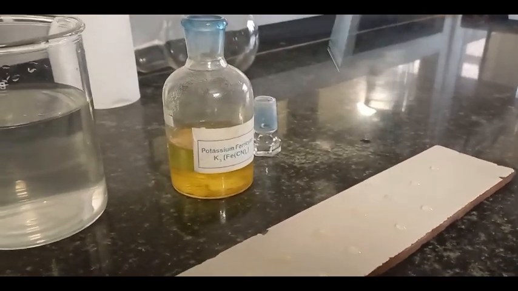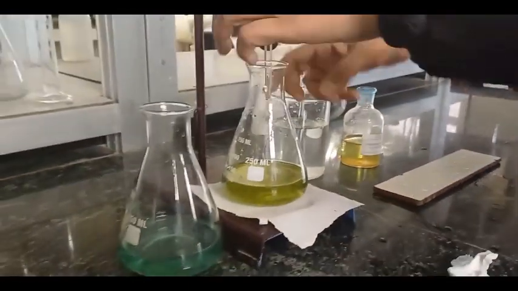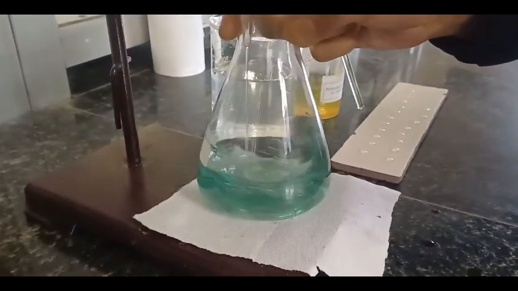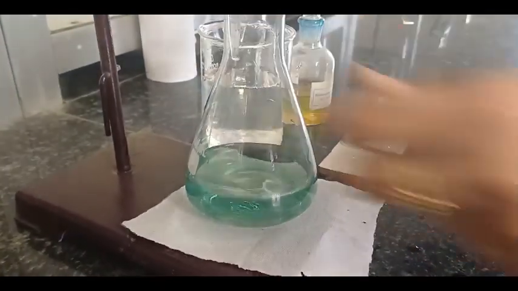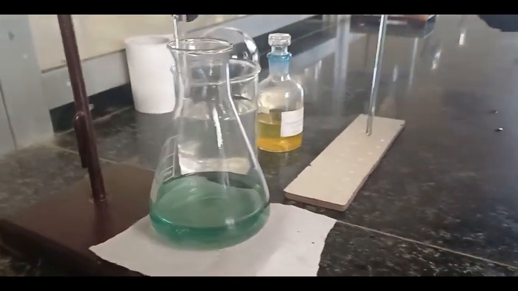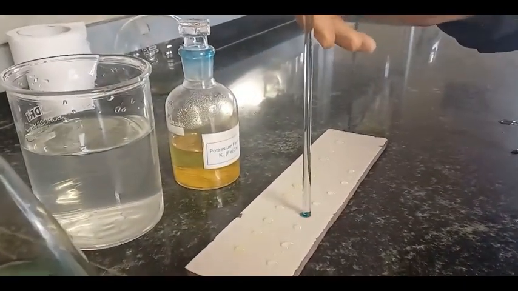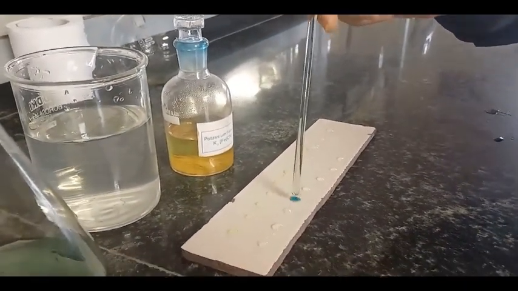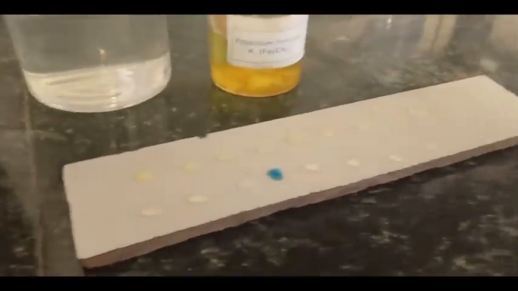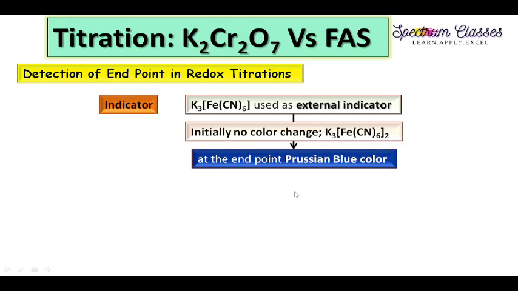Here with the reaction mixture it doesn't give any color, and I'm going to show you how it changes the color. So this is the reaction mixture, and here I'm going to take the solution, and you can see this color has changed to Persian blue. Initially it did not change, but here it changes to Persian blue. So this is the mechanism for this potassium ferricyanide. I'm just going to show you.